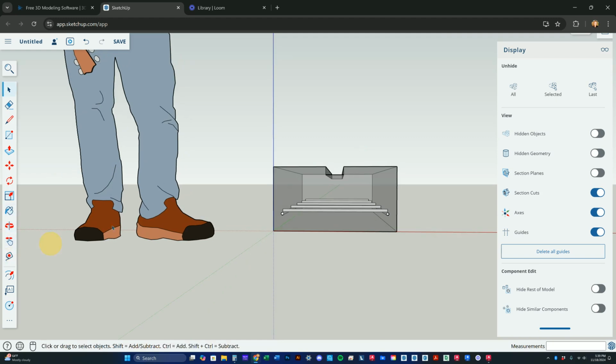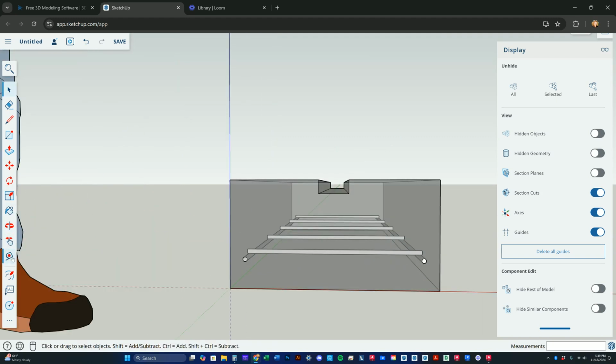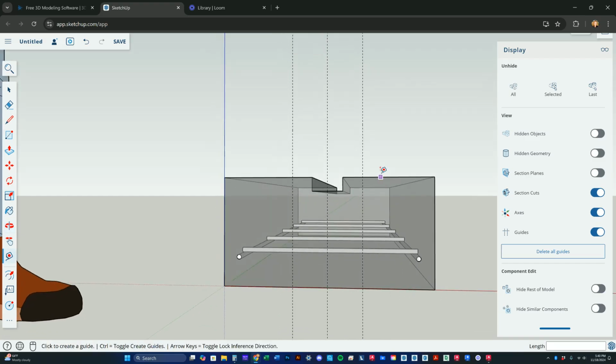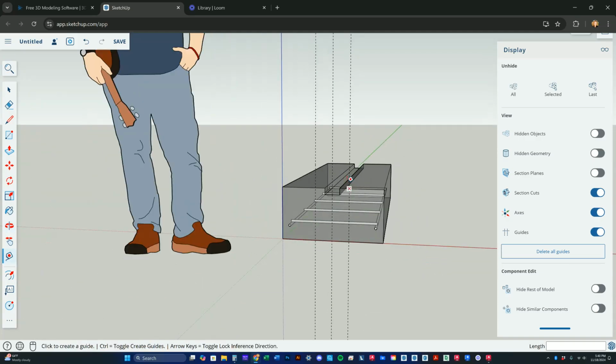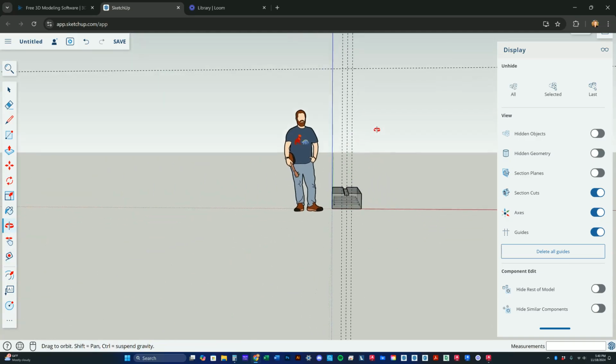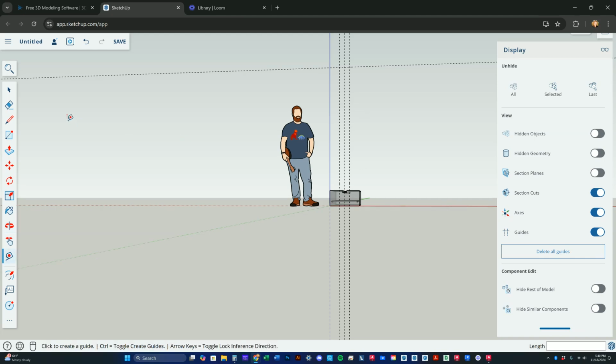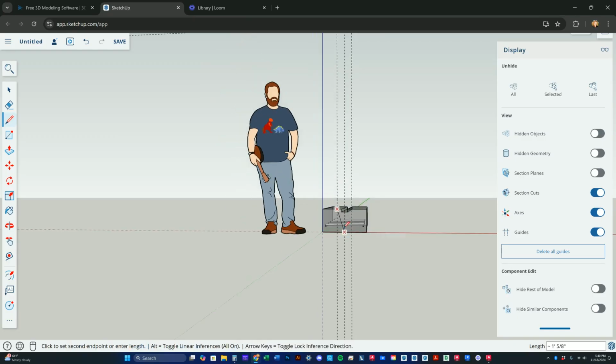So we're going to center the 8-inch concrete wall on our footing. Grab our tape measure tool, it'll pick it there. We're going to set it there in the middle, and then we'll go 4 inches, and you type that in and hit enter, and then 4 and enter, and then we'll grab the top of the footing and we'll go 8 feet. Okay, if we zoom out and see where the top of that wall is going to be, and then if we grab our draw tool and we just trace that outline,